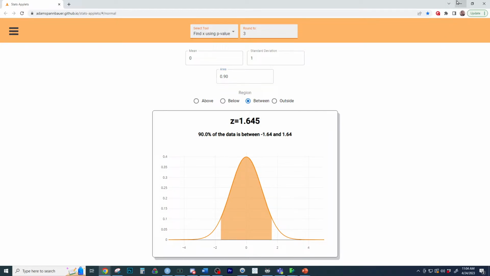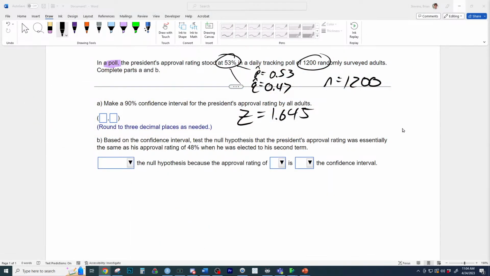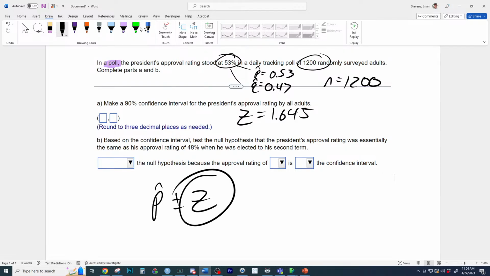So now that we have the Z-score, we have all the components needed. Exactly. Always safe to add in those extra decimals just in case. Contact me or your instructor if you feel like you didn't get the answer right. But a lot of times when it comes to the T, if this is the T, people use the Z instead of the T. Now this is Z because this is not an interval for the mean.